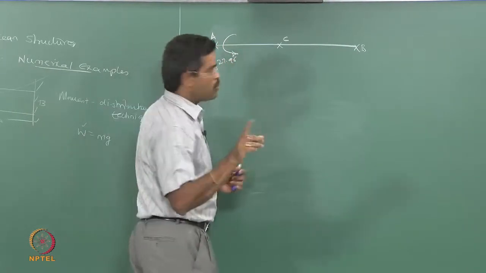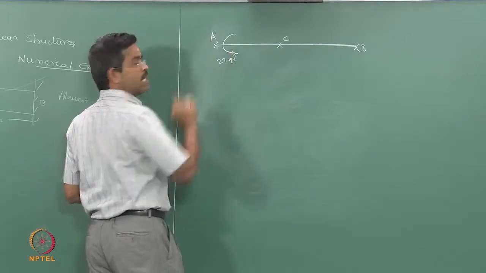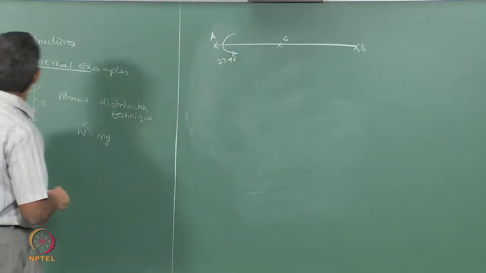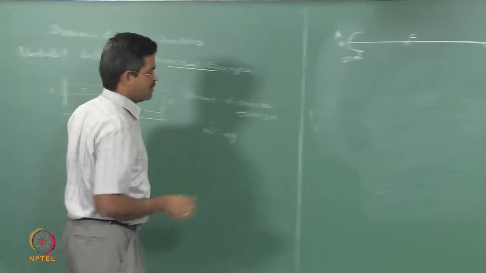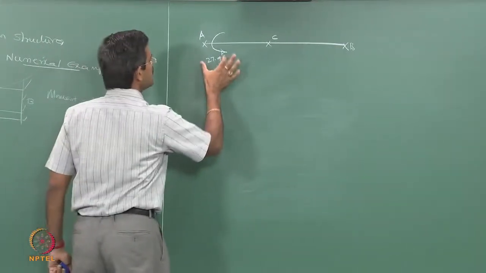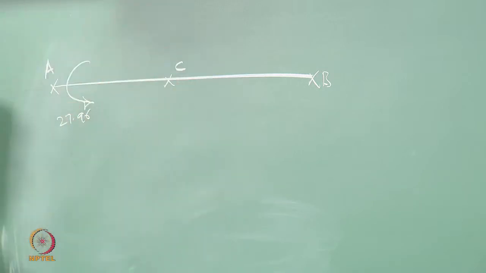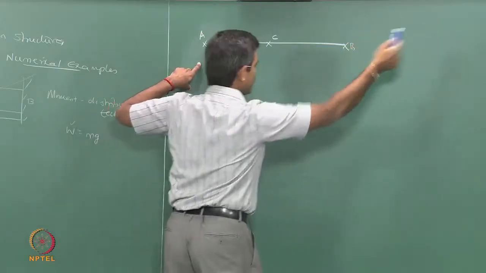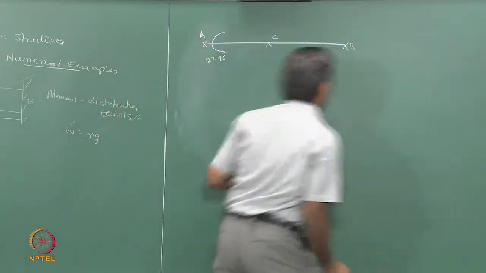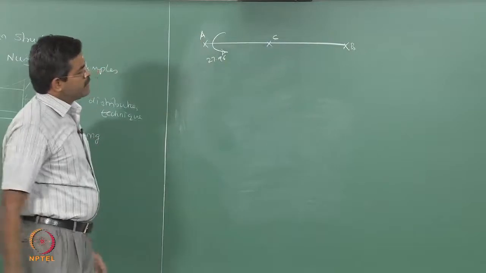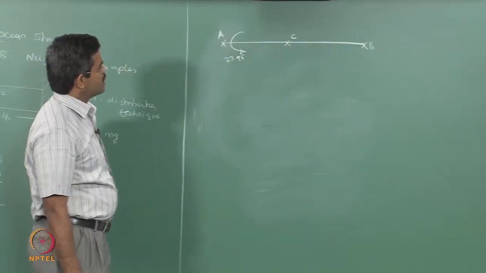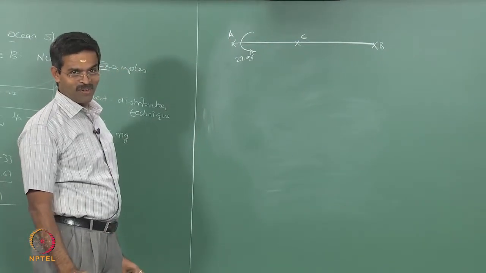27.96. The convention is you must write the value at the head of the arrow. Okay, that is the convention. If you have not written it that way, please follow that. The convention is you must write the magnitude at the head of the arrow. That is the right way of writing. You cannot write anywhere you want. There is no need to put plus minus here. The sign convention says clockwise is positive. So, the value is negative, therefore, it is anti-clockwise. If you have doubt about whether it is clockwise or anti-clockwise, please see your watch if you are wearing one.